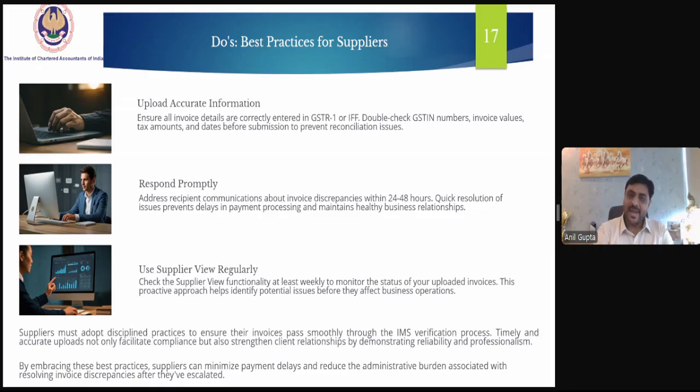This in turn will give a good benefit to the supplier and prevent delays in payment processing. By adopting these best practices, suppliers can minimize the payment delays and reduce the administrative burden associated with resolving invoice discrepancies after they have escalated.